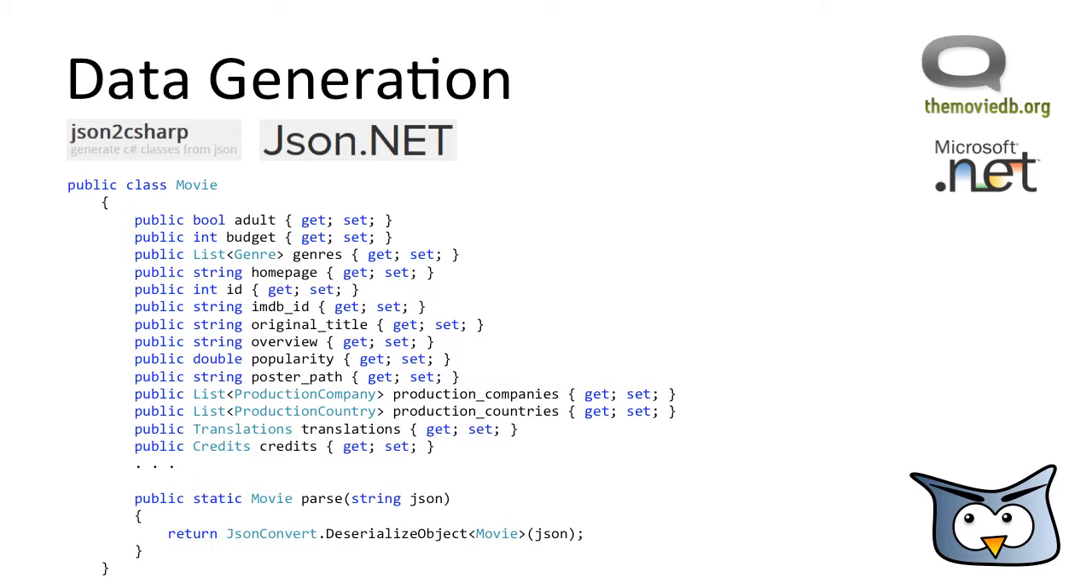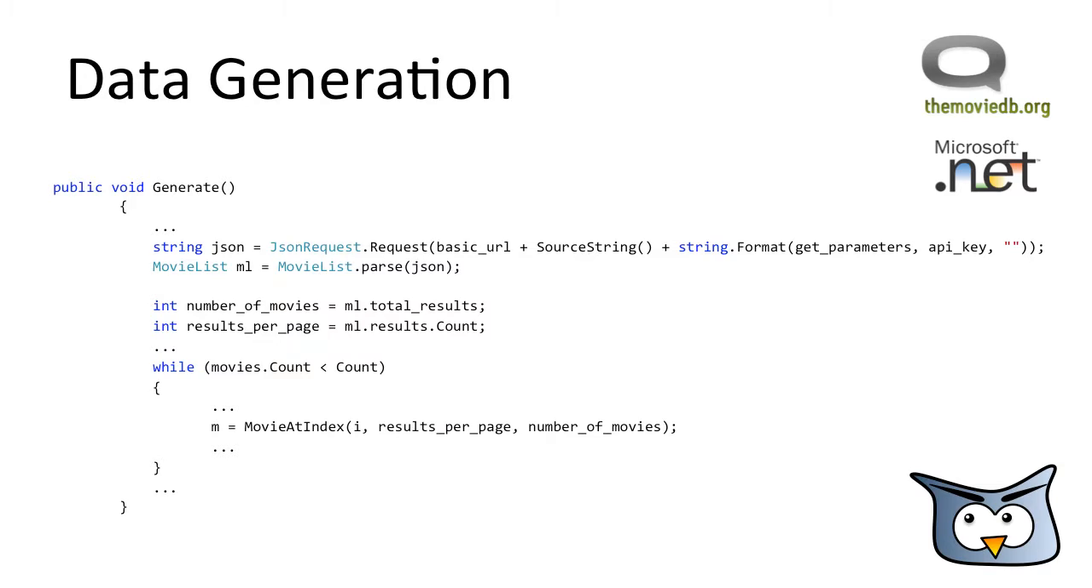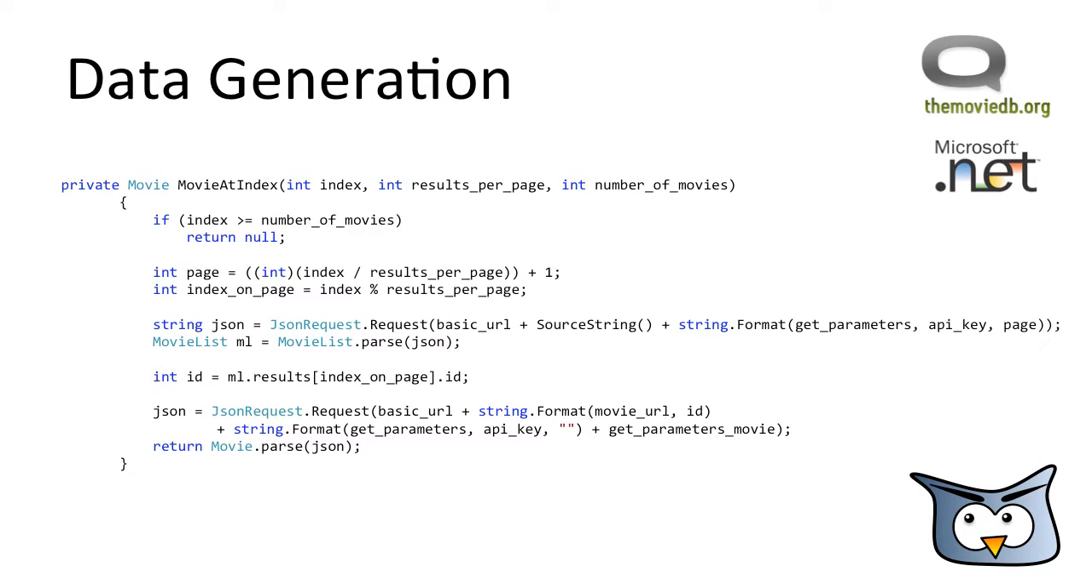The information gathering takes place as follows. First, an initial query on the movie list is executed to detect the number of available movies and the number of result pages of the API request. After retrieving these numbers, we call the method movie@index to get the movie at a specific index of the movie list. In this method, we have to query the movie list again, but we will now specify the page numbers corresponding to the movie index. With this result, we will get the ID of the movie, which will be used to finally get all movie